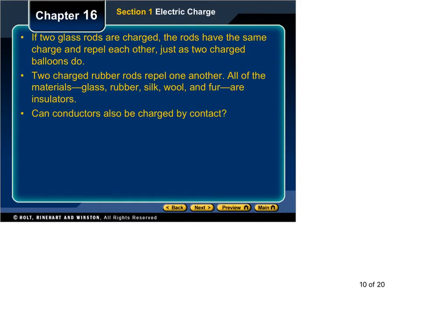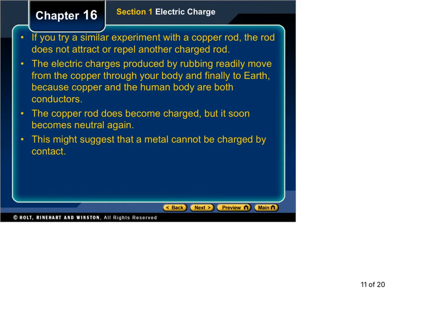Now, if we charge two glass rods, they're going to have the same charge and repel each other, like the two balloons. Two rubber rods will repel each other when we charge them. So all these are insulators. Insulators are very easy to charge by contact. So can conductors be charged by contact as well? If we did it with a copper rod,